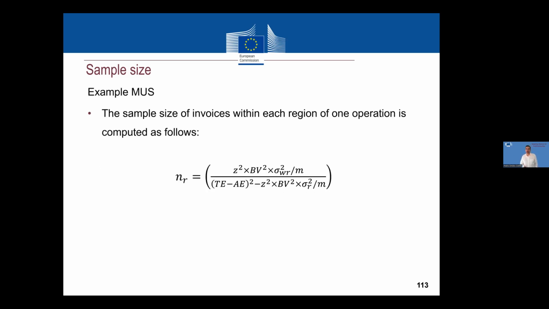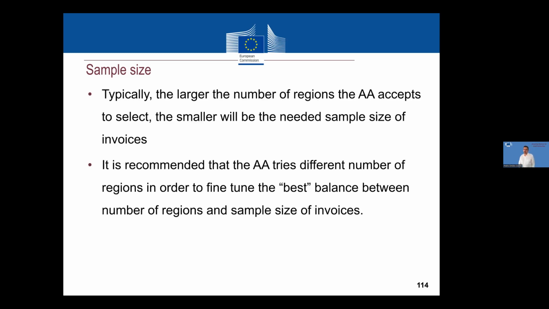One thing is for sure, and you don't need to interpret this formula to understand it even intuitively, which is the following. Typically, the larger the number of locations that you accept to audit, the smaller will be the sample size of invoices. Of course, needless to say, isn't it? If you want to concentrate everything in 3 locations, you have to compensate this geographical concentration by increasing a little bit the sample size of invoices. If you are available to go to many different places, of course, the sample size of invoices can be